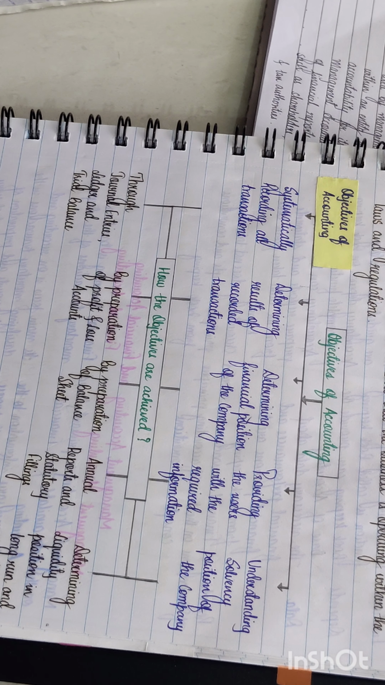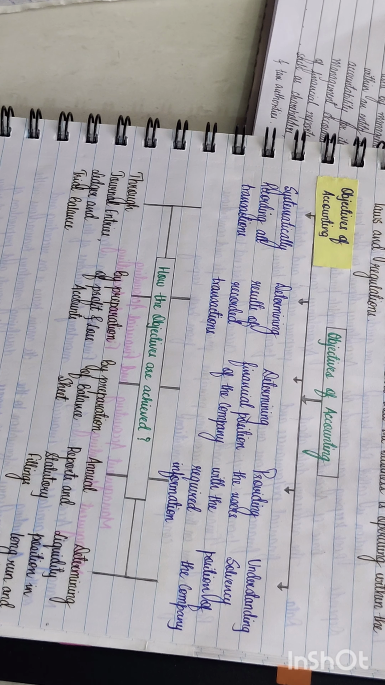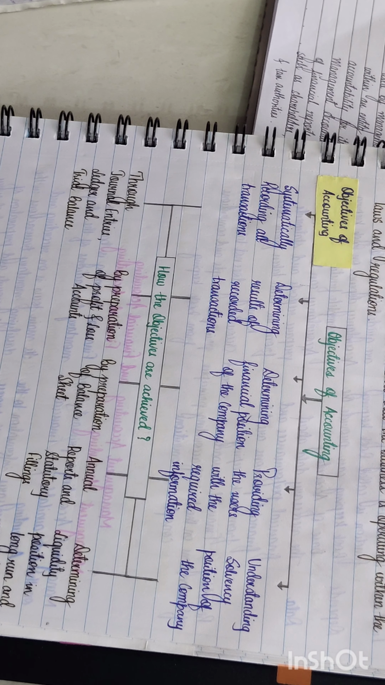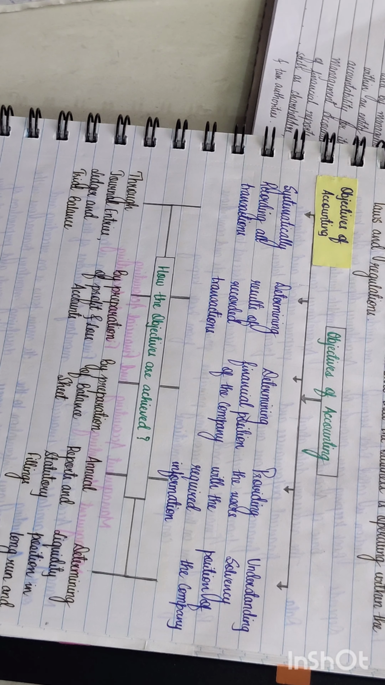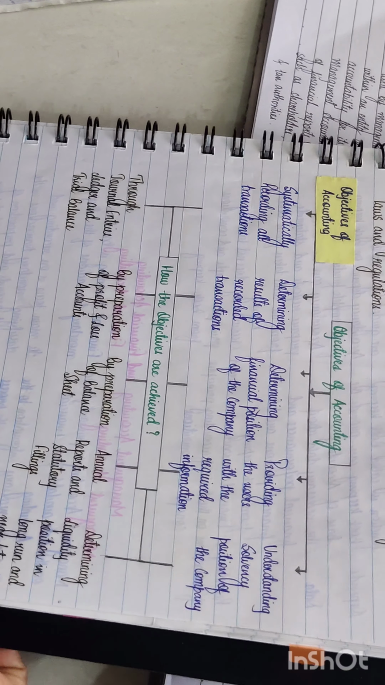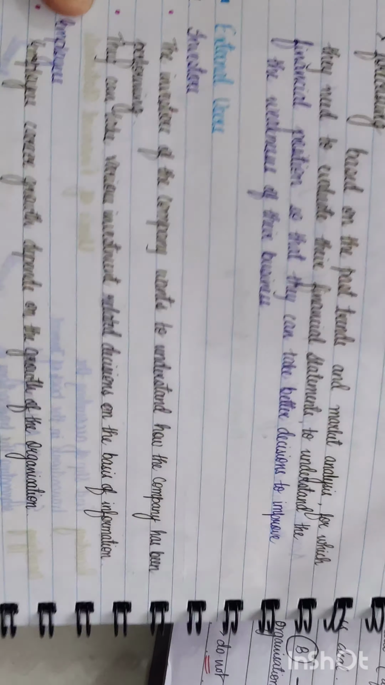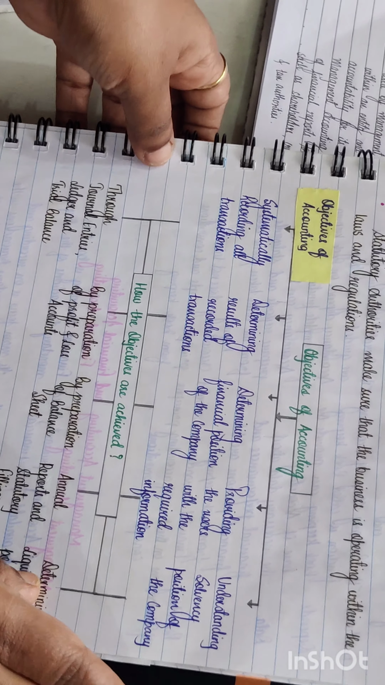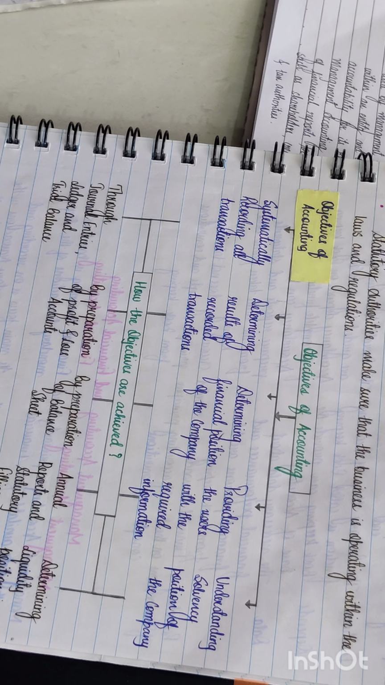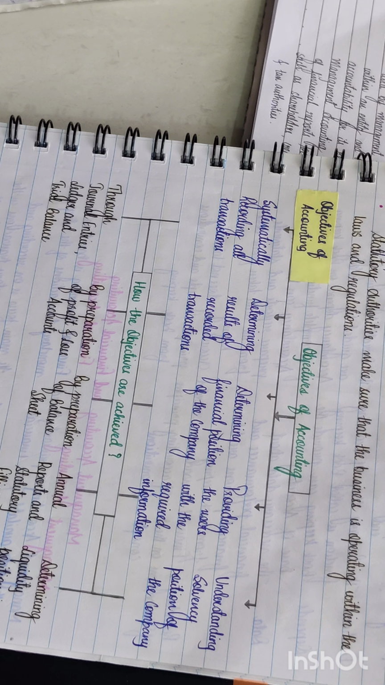So in the last class we studied about accounting: fundamentals of accounting, basics, bookkeeping, financial accounting, cost accounting, management accounting definitions, and we saw the users of accounting information. Today we will see objectives of accounting. In objectives of accounting,